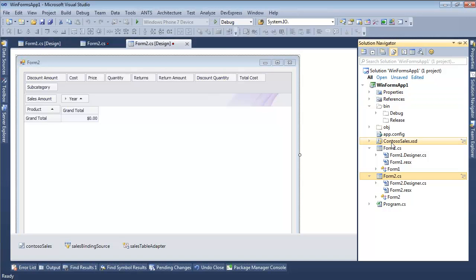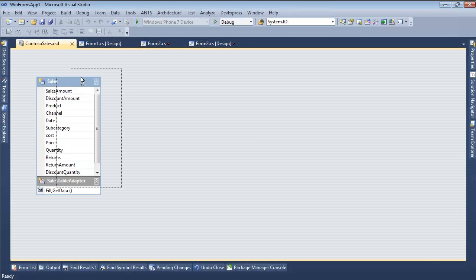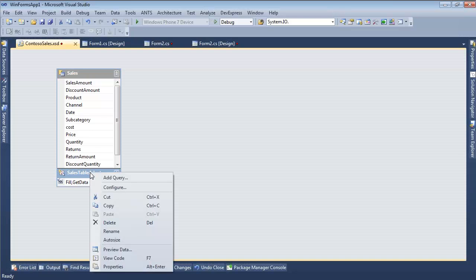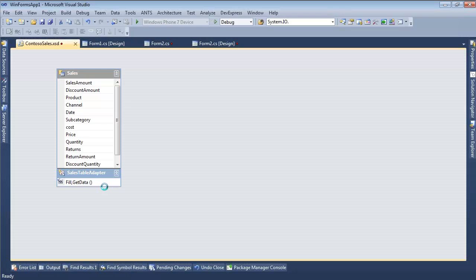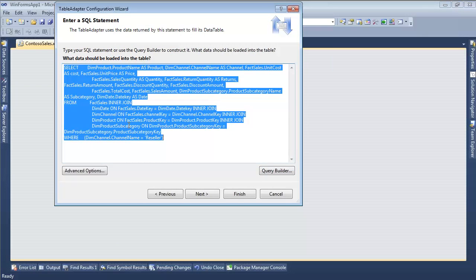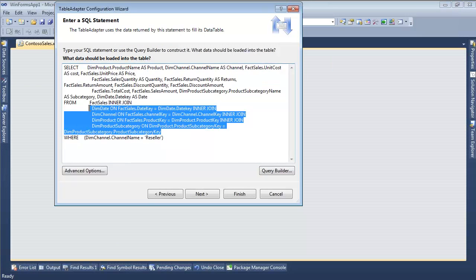I have a sample database. It's the Contoso. It happens to be their version 2 of data. And what I've done is I've really flattened out their data quite a bit. So let's go ahead and take a look at this SQL. It's really an ugly SQL statement, but it really winds up bringing in all of the data around all the